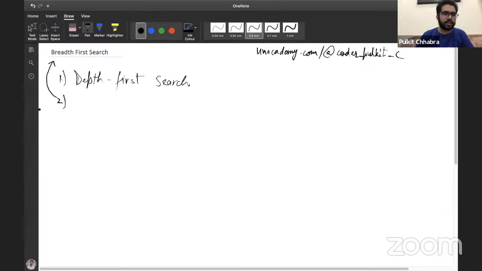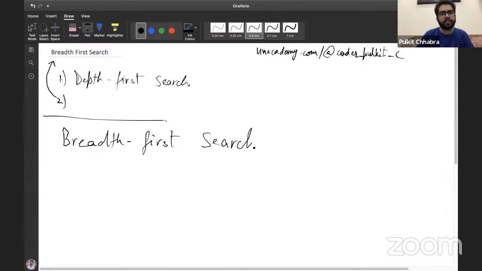All right. So let's discuss breadth first search. The basic difference between breadth first search and depth first search: before that, traversal algorithms basically mean that we'll start with a particular node, and then we'll traverse the whole graph in some manner.